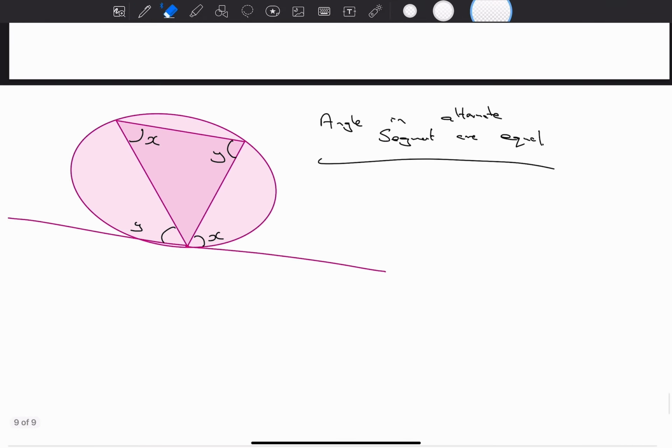Sixth one, angle in the alternate segments are equal. Okay, all 6, and then you should be able to do it. Okay, make sure you practice it. The next sheet I will put through is